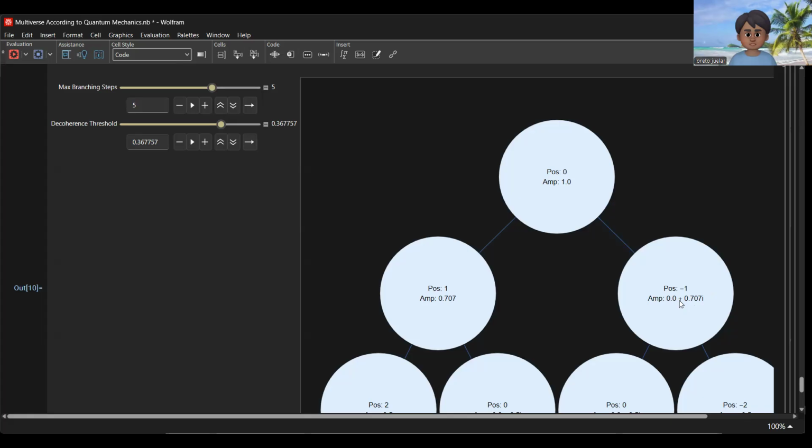The I, or imaginary unit, is the most important physics concept here. The 0.707 I means the amplitude is shifted by a 90 degree phase angle, pi over 2 radians, compared to a purely real number. So the physical meaning here is, in this example,